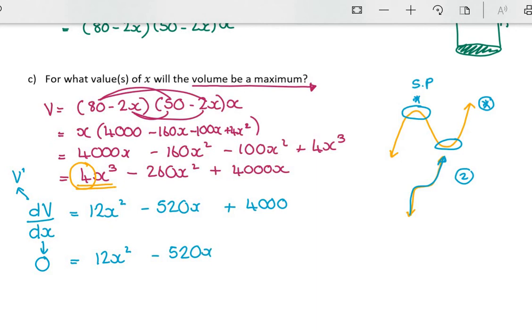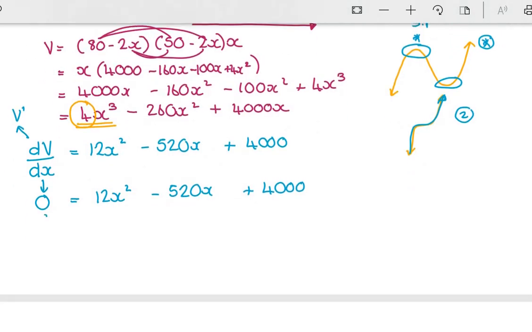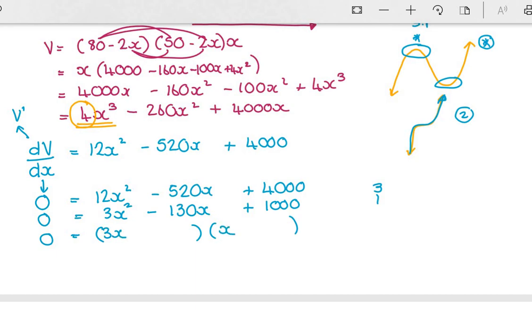Now, these numbers look big, and they often are strange numbers. So if you want to go straight to using the formula, definitely a good idea. Personally, I'm going to divide by 4. So this is 3x squared minus 130x plus 1,000. Now, those are quite big values, but I know that 3 has to be 3 and 1. So maybe this will be easy to do without the formula. If you struggle for longer than a minute, just use the formula. So I think I'm going to do this,